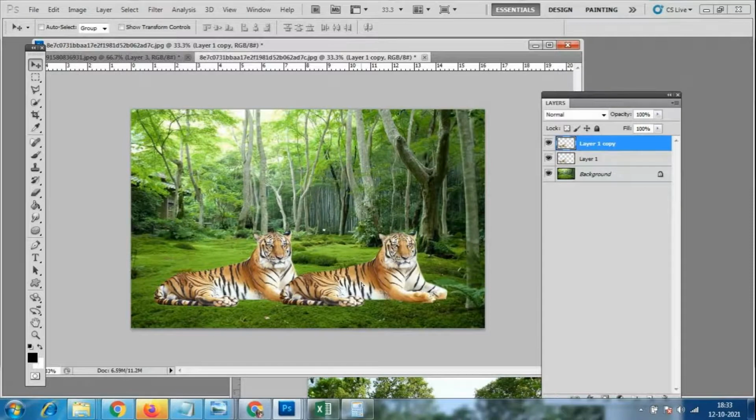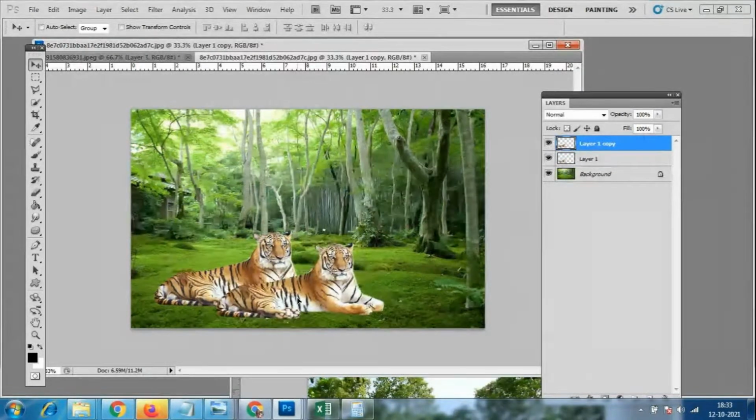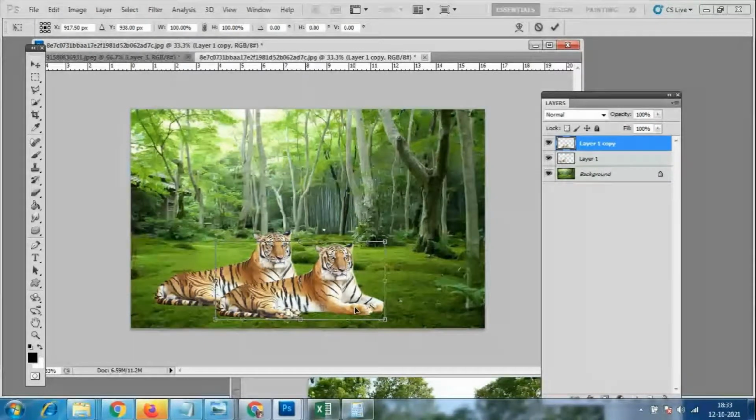So two tigers are sitting over here, both look the same. Now Control T. You already know Control T is for scaling the image, the height and width, so you can make it small. Now I want this tiger to turn to the other side, so I want to flip this image.